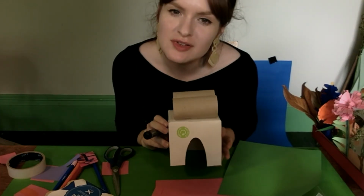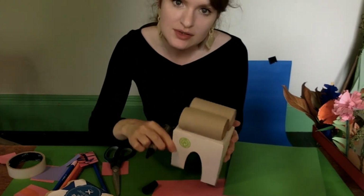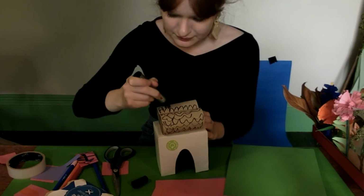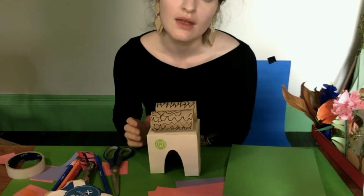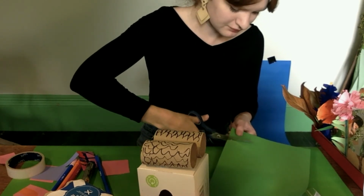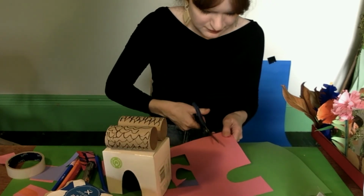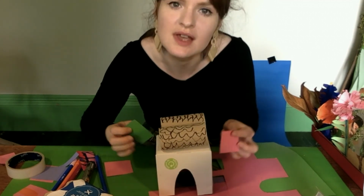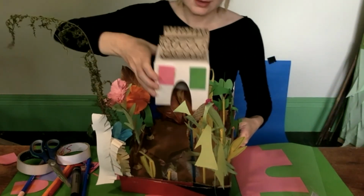So I think it's looking a bit boring at the moment, so I want to add some more colour and patterns. What I'm going to do is just get my pen and I'm just going to draw some patterns on the top of the roof, just some squiggly patterns. And now I want to add a bit more colour, so I'm just going to cut some windows out of my coloured paper. And again, just stick them on with some tape. And now we can put our little shed at the bottom